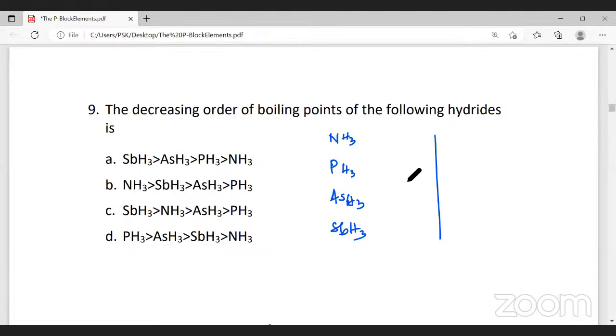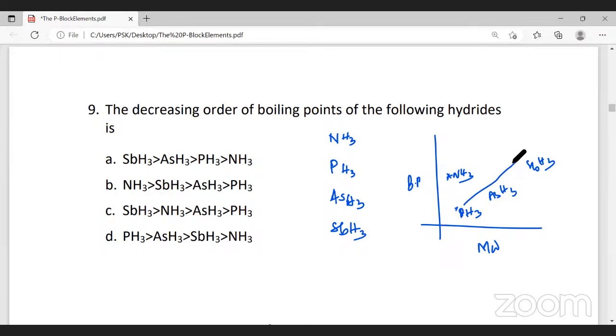Now, this is the graph of boiling point versus molecular mass. Ammonia has the least molecular mass. Now, coming to PH3, next we have AsH3 and we have SbH3. As the molecular mass increases, you can see the boiling point is increasing, no doubt about